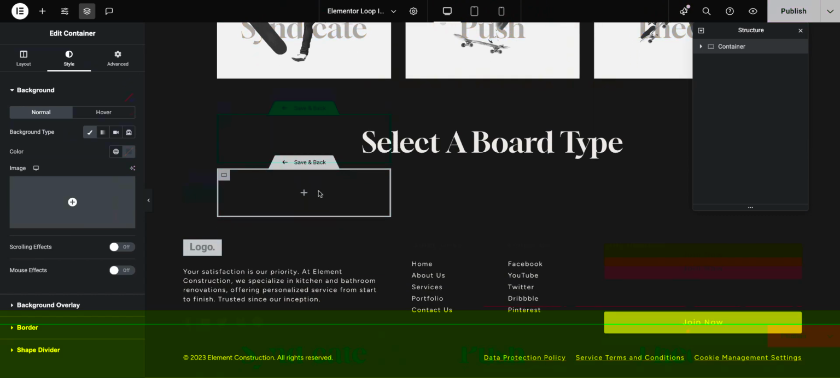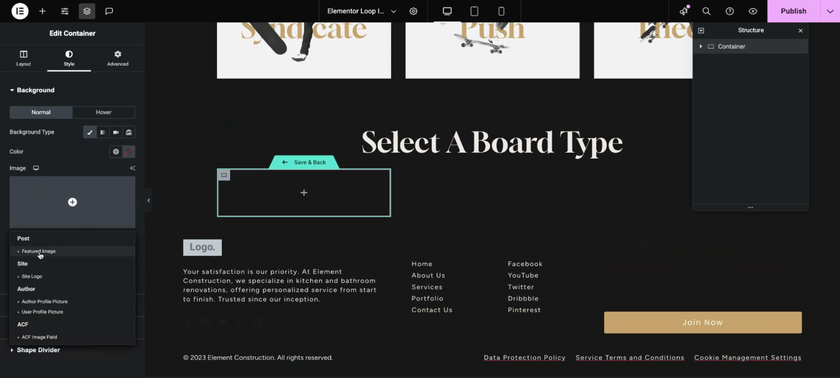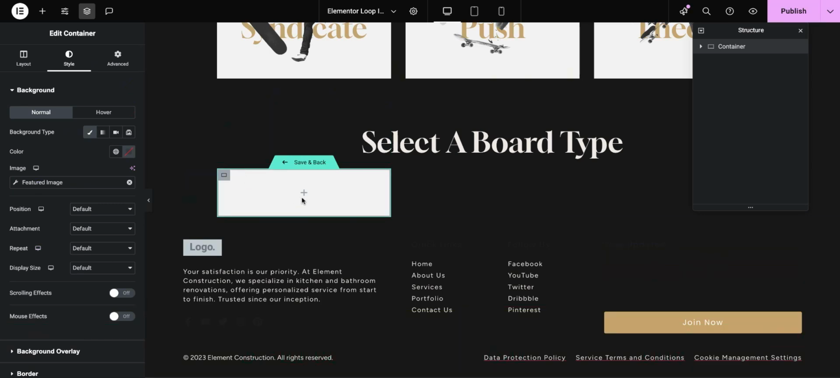So what we need to do is pull from our posts, so we're going to use dynamic tags. And a side note here, I do believe you need Elementor Pro to have dynamic tags. I could be wrong on that, but I'm pretty sure you need Pro. So we'll go ahead and click dynamic tags, and then we're going to click featured image, and voila, we now